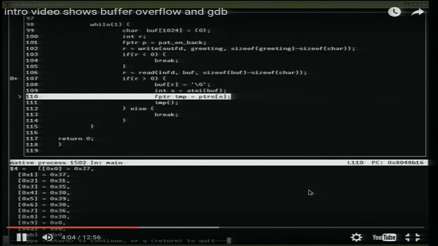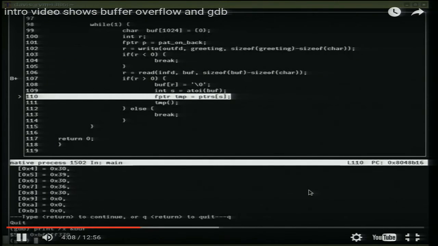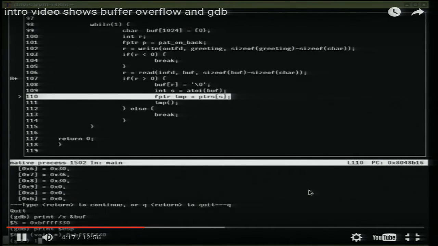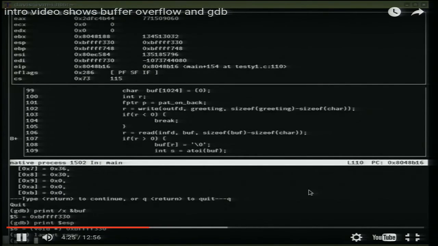That's just printing the buffer in. I was trying to get the address. So there's the address, and at the bottom it's BFFF 330. And then this is the stack pointer. So you want to go from the stack pointer, from that buffer, to get to where your return address is going to be. It'll be like stack pointer, frame pointer, return address, if there's no parameters being passed from one